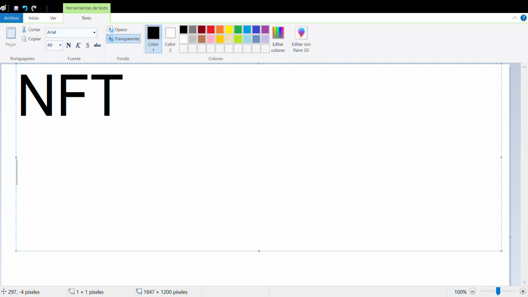Well, so NFT is a non-fungible token. Let's explain a little bit. It's a token that is unique. There is only one.